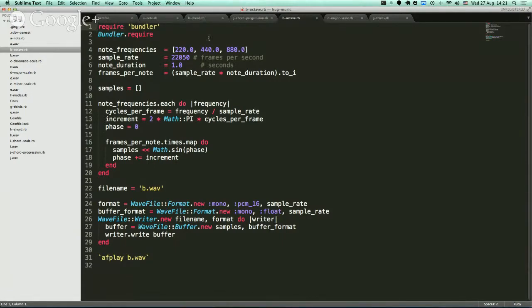So this is 440 hertz. This is the same code as the previous one, but now we're playing a list of frequencies, with the reference A note in the middle. So this is 220 hertz, and this is 880 hertz. In music, when you double the frequency, you get one octave higher. When you halve the frequency, you get one octave lower. So if I play this,